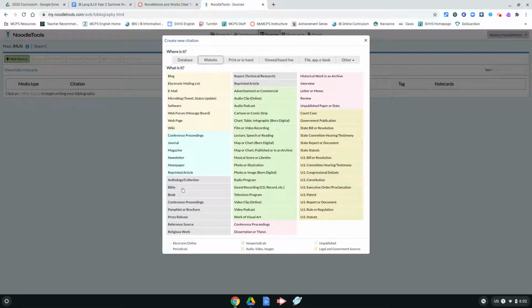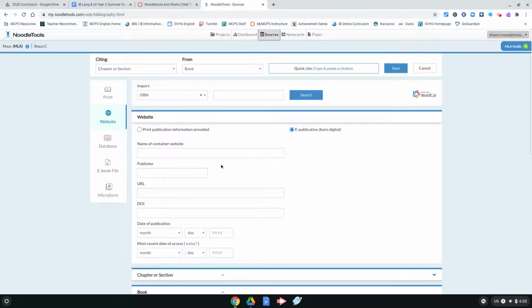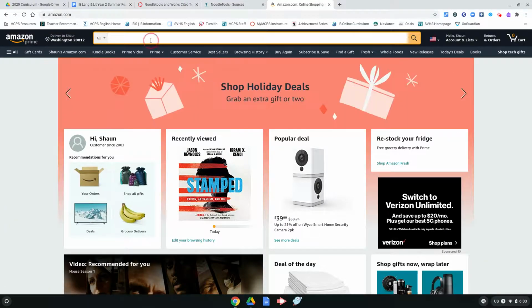Once you pick one, I'm just going to pick book for now. Once you pick an actual source, it'll start asking you to fill in information. One of the really cool things about having a physical copy of a book, for example, is that all you will really need to do is put in the ISBN number, which you can get by going to a website like Amazon.com. Then you can type in the name of the book. So let's say that I wanted to type in Mouse